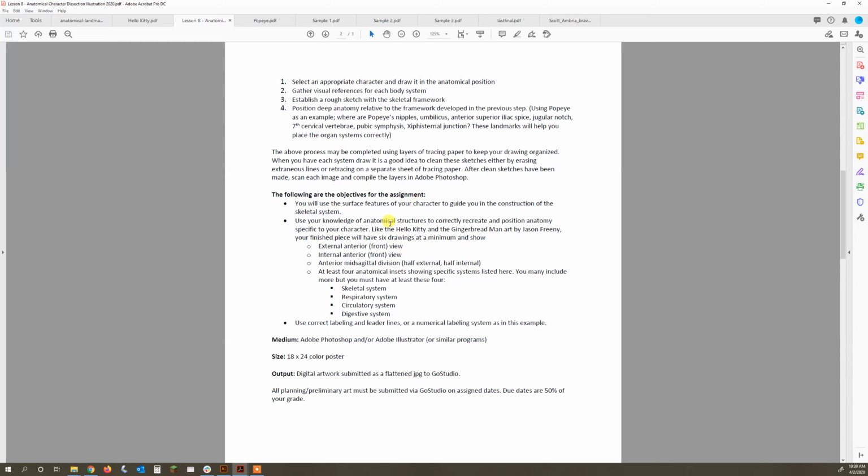Let's see. On the objectives for the assignment, you must have at least 4 systems. You need at least the skeletal, the respiratory, the circulatory, and the digestive systems. You can use additional systems if you would like. It depends on what you're doing. If you want to show the urinary system, if you want to show the reproductive system,